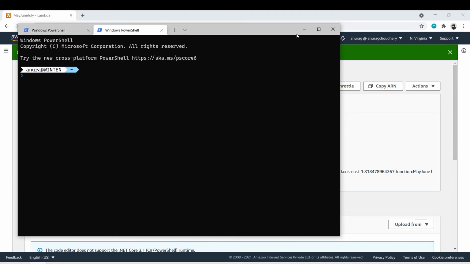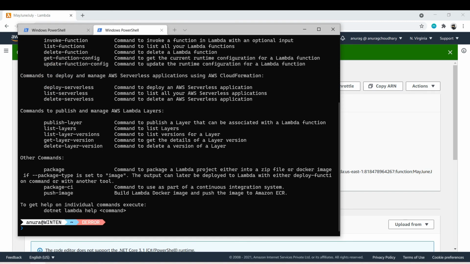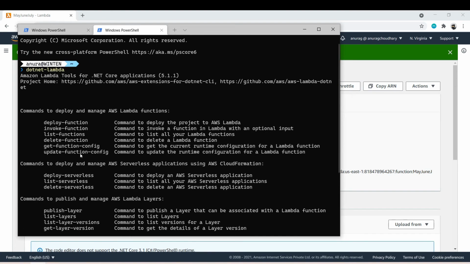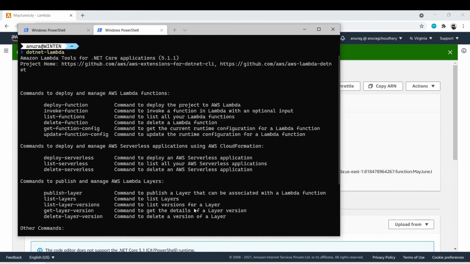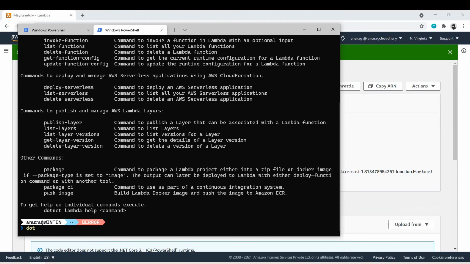I'll start with .NET Lambda, and I'll hit enter and you'll see that it speaks that you can do so many things using it. So I'll say .NET Lambda and I'll ask it to list functions,